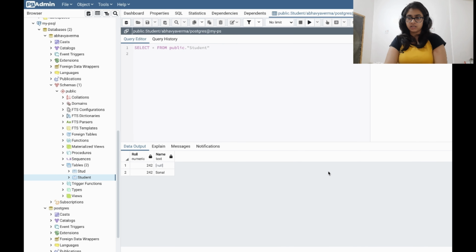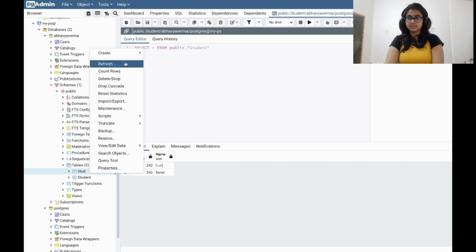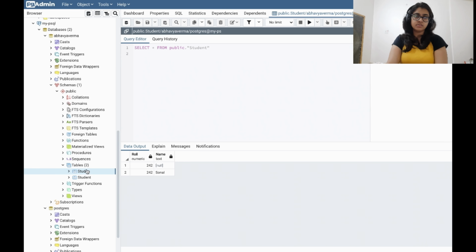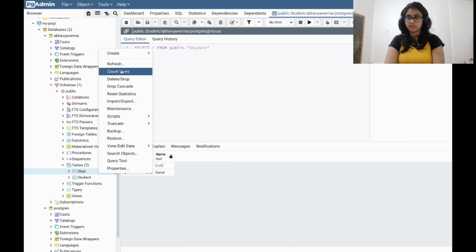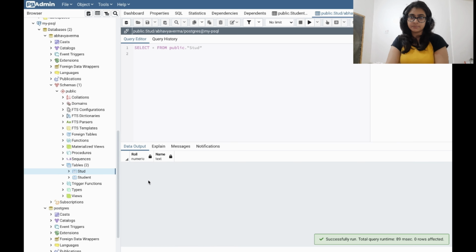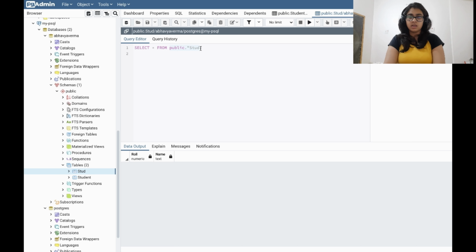Now you can see the stud table is present here, and now I will insert values in this column. You can insert the values through normal SQL statements. First of all, let us view this table. Right now you can see no data is present here. Remember how it is being called. It is using public.stud, and that is also within quotes. So you will have to write it in this way in your Node.js code when you give the query.